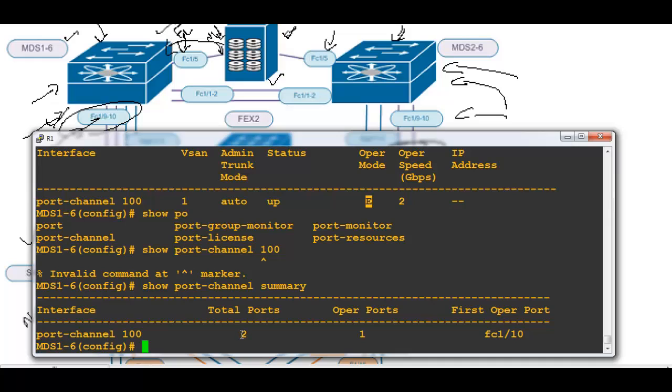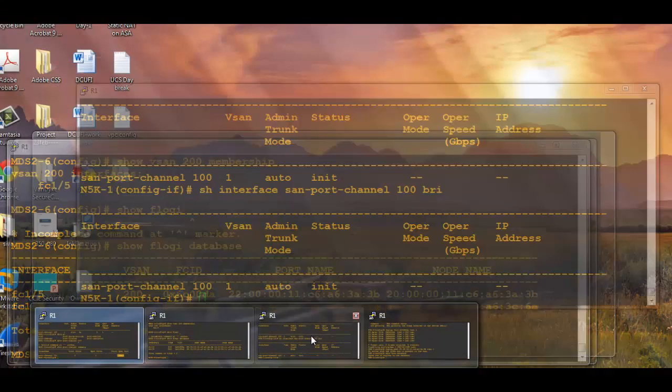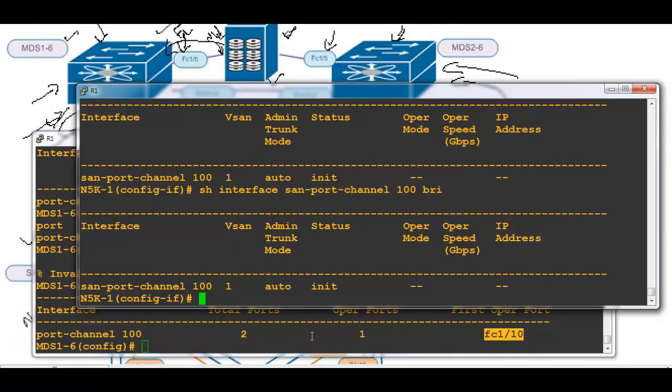There are total 2 ports, but only one operational port, and that is 10. What happened to 9? We need to fix it. No problem, we'll fix it. Before that, here, let's see the status. Okay, here also I see that there is only